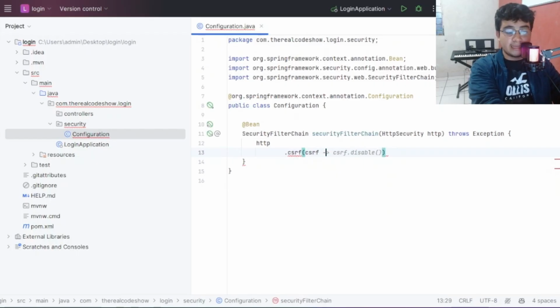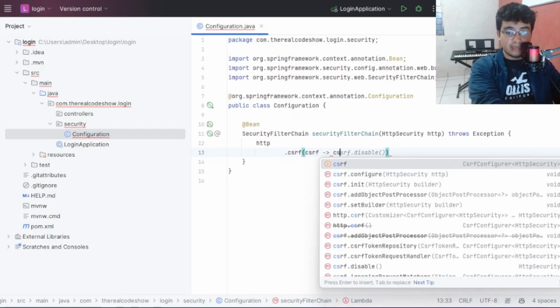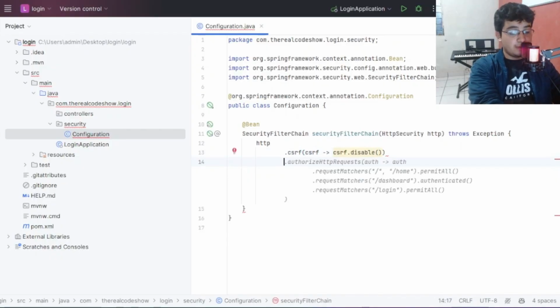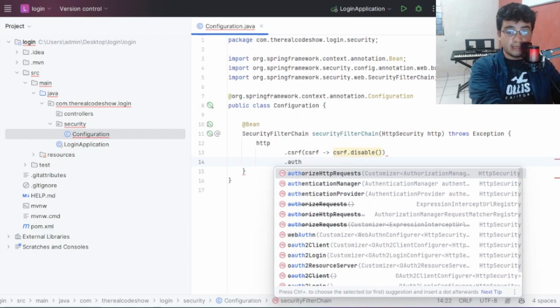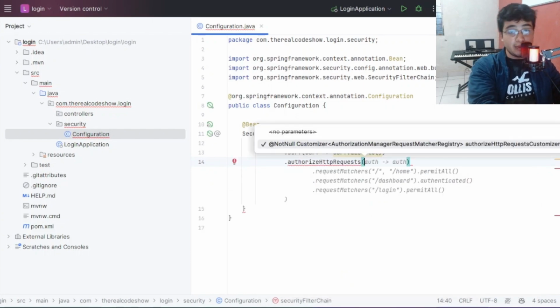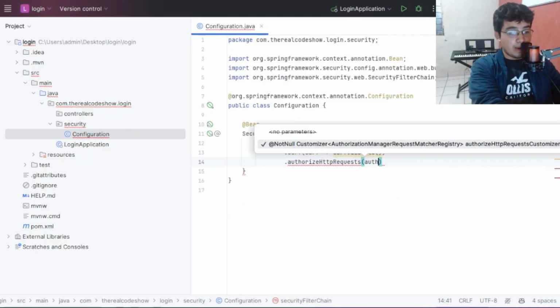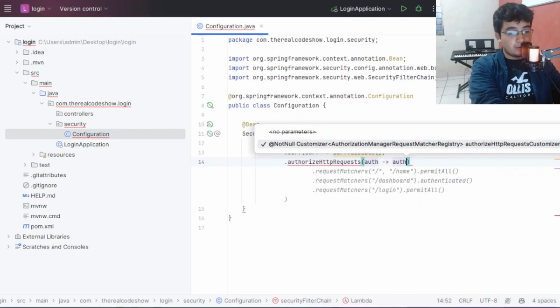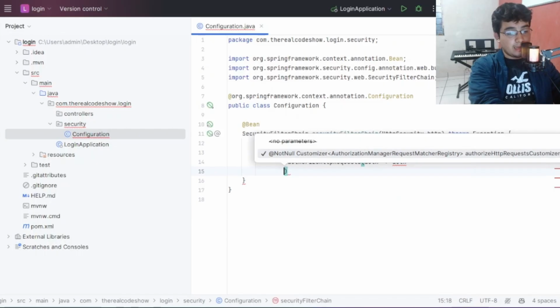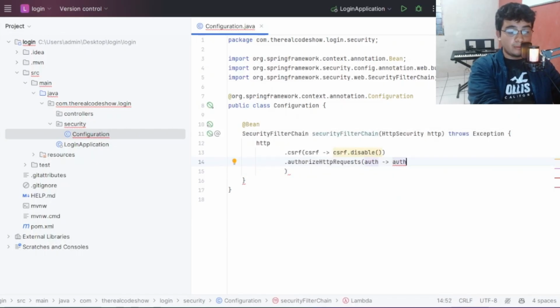This is something kind of extra, because when telling this kind of thing to Spring Security, we are making the system enabled to be accessed on the web and not have problems. This is another topic for another video, so I don't want you to be overwhelmed with this. In this case, what I'm going to do here with this auth object is, like you can see here, the authorizeHttpRequests,